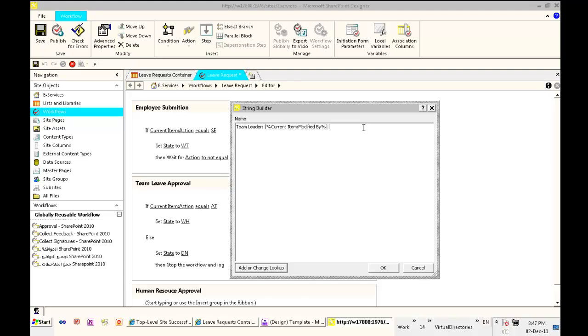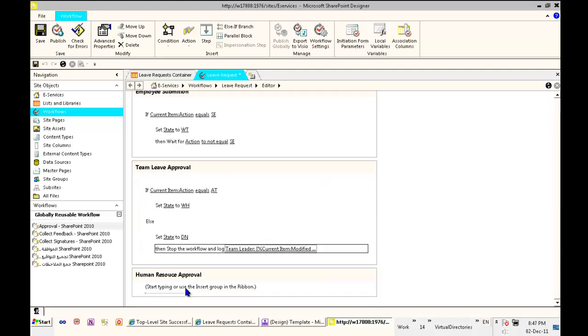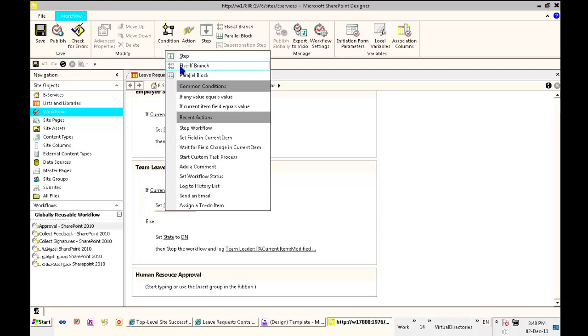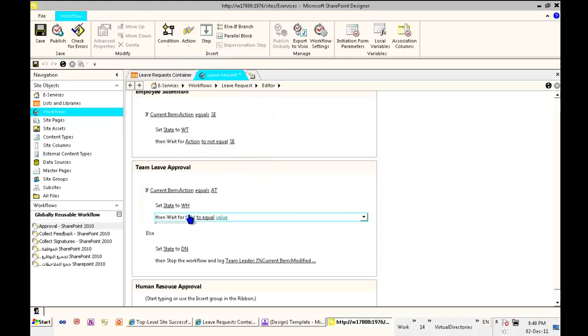Okay, we say rejects the leave. Okay, that's it. So that we finished. And finally, if it's approved, we need to also make a wait field